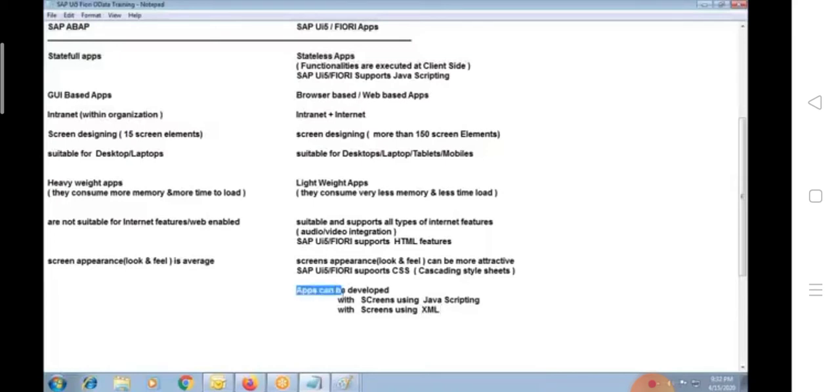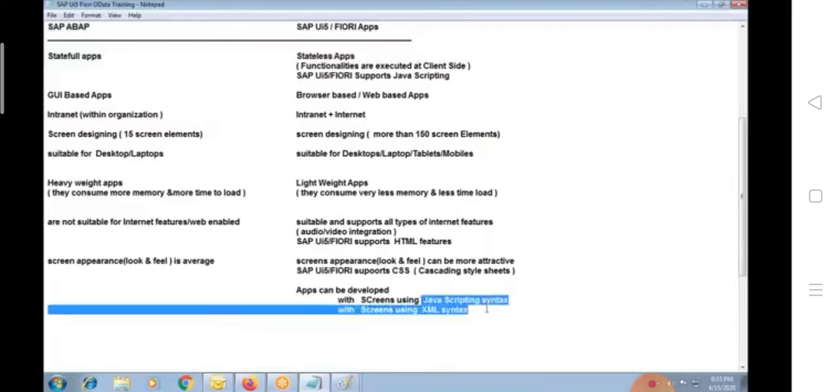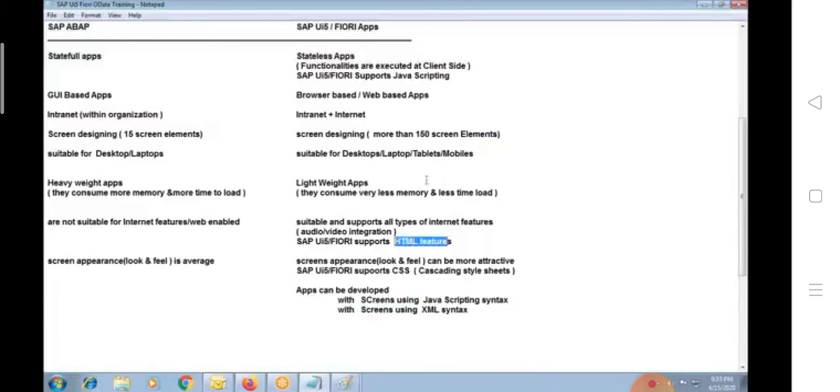So the screen can be developed in both ways. By using JavaScripting syntax, we can develop the screens, and also by using XML syntax, we can develop the screens. In our training sessions, we are going to cover both along with HTML, CSS, JavaScripting, and the screen development in both ways, using XML as well as JavaScripting.